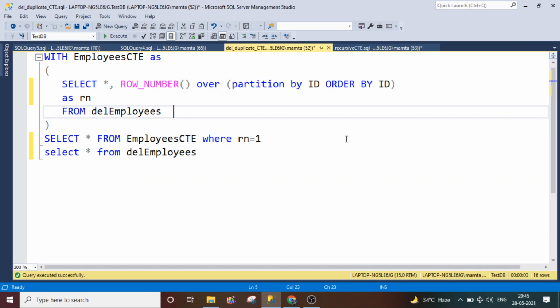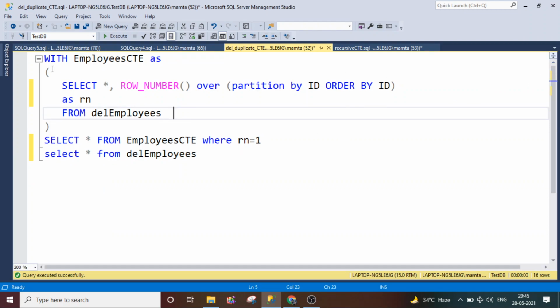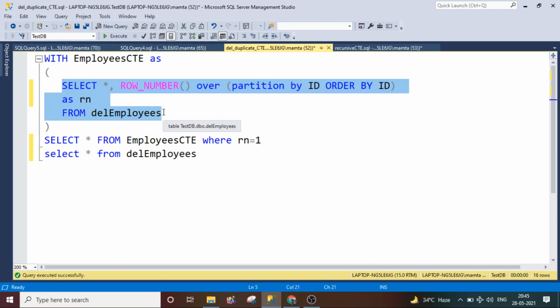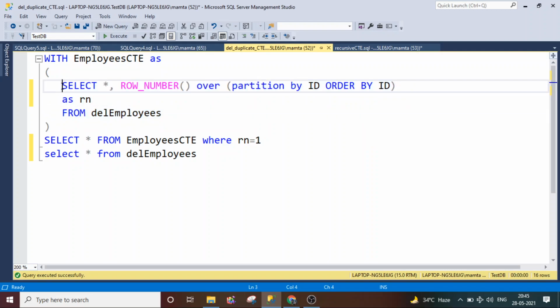I have taken the same example. The syntax will go like this: WITH employee CTE AS, and then we have this inner query. If you check what I'm doing here, I have provided the row number over partition by ID from this table.